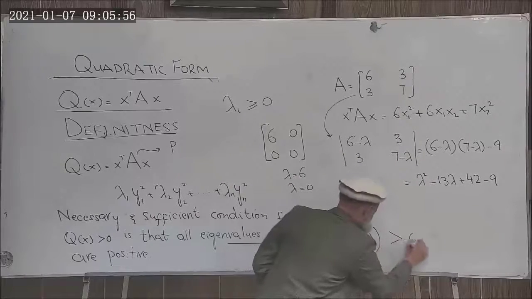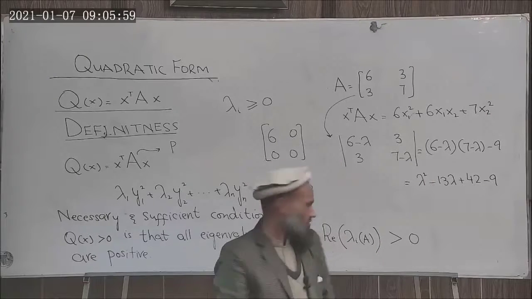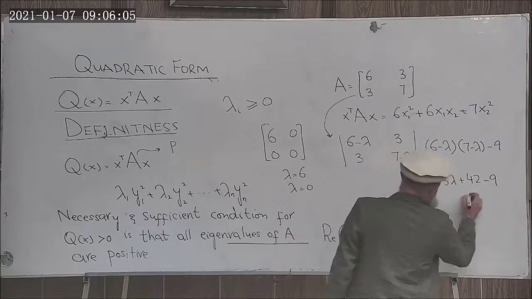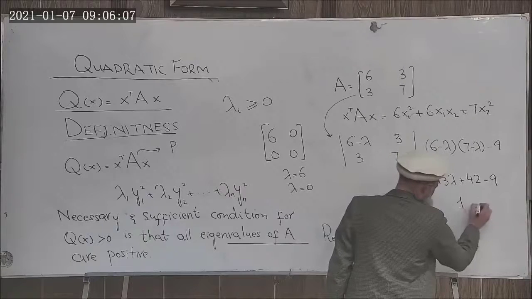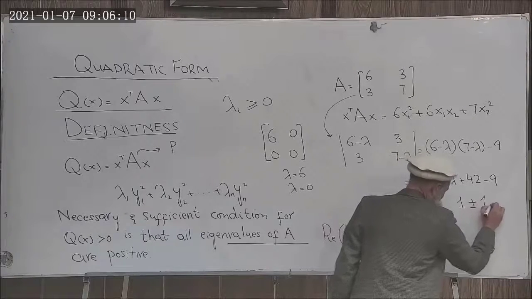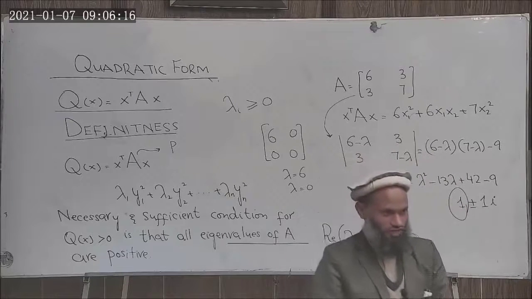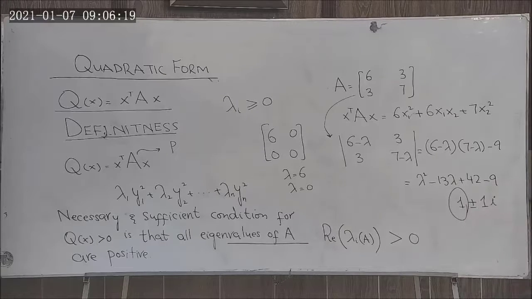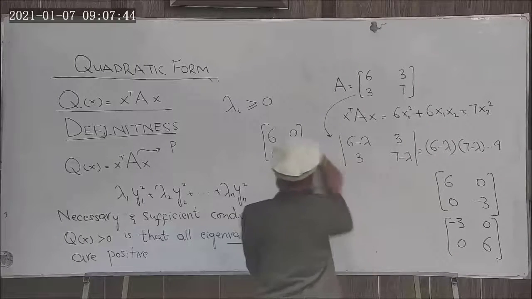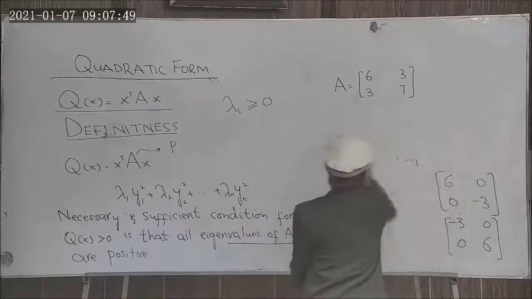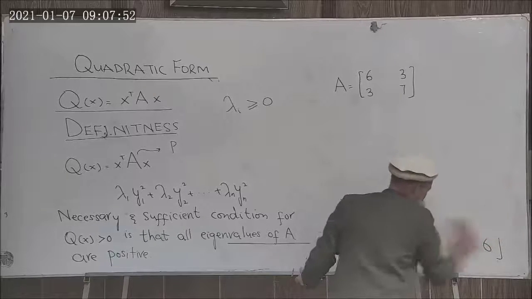if that is greater than 0, then that matrix will be called positive definite. That is, for example, for a matrix we have eigenvalues like 1 plus 1 iota. So you have to look at the real part of the eigenvalues of that matrix. If the real parts of the eigenvalues of that matrix are all positive, then that matrix will be a positive definite matrix. Here computation of eigenvalues sometimes becomes difficult, especially when you have larger matrices.